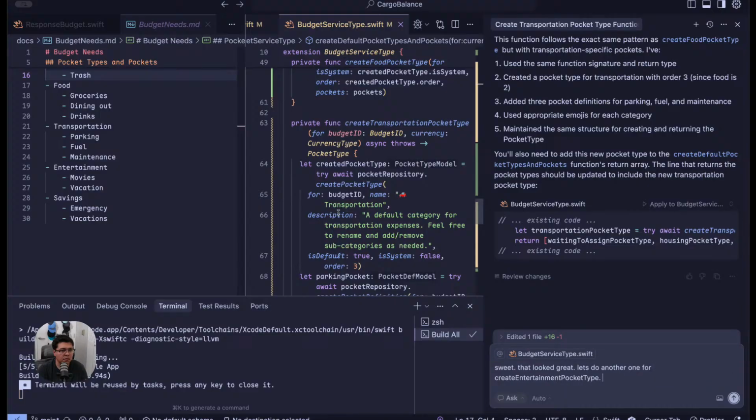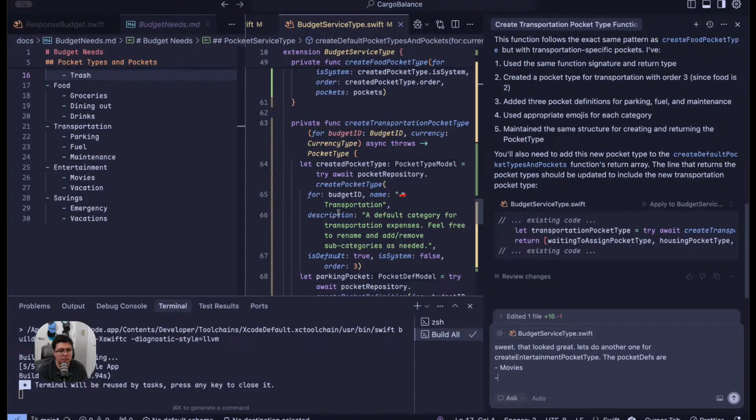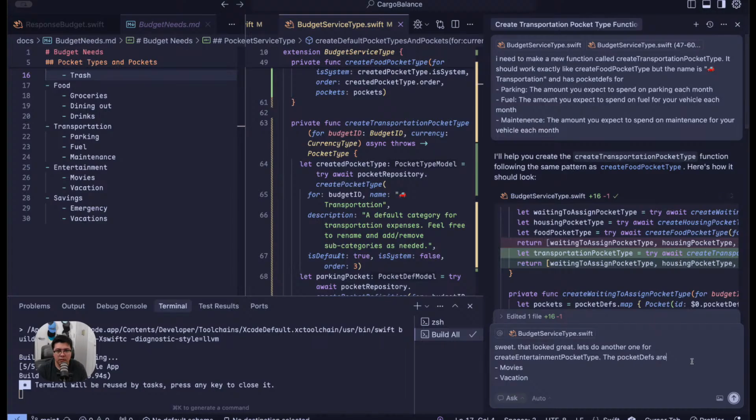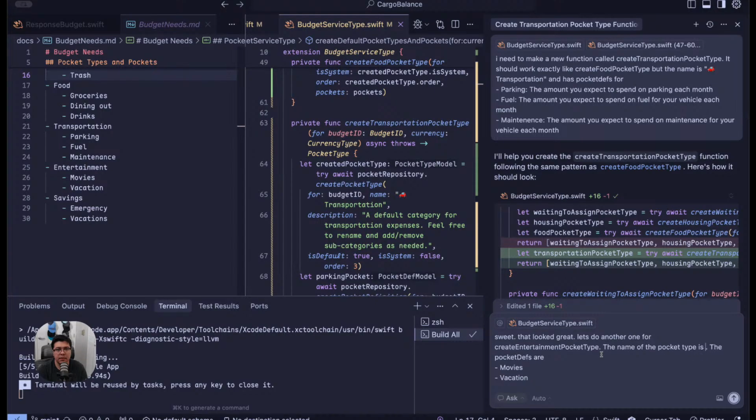Pocket type. The pocket defs are movies. Let's give it less info and see what happens. The name of the pocket type is